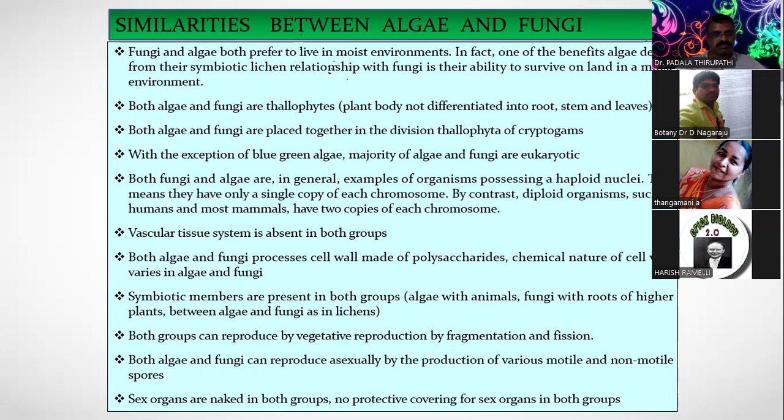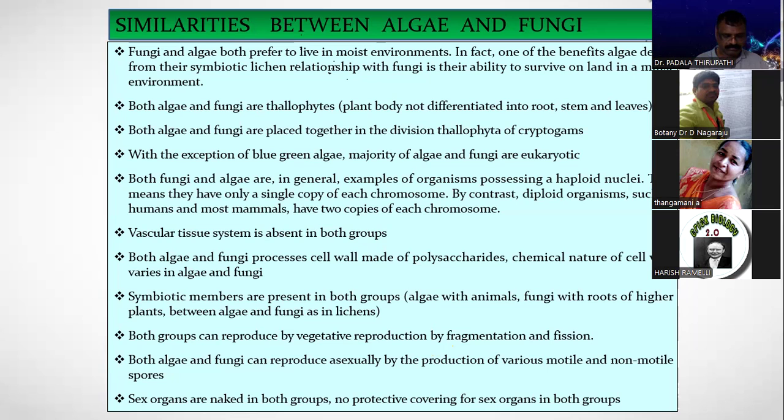Okay. And they come under cryptogams because they produce only spores. And even they can grow in marshy areas. Then both fungi as well as algae are involved in vegetative reproduction, sexual reproduction, and asexual reproduction. And they can also be produced like isogamy, oogamy, and anisogamy type of flagellated organisms.